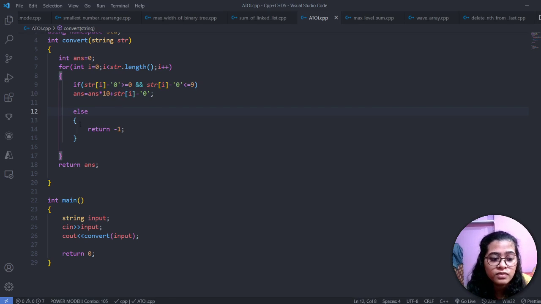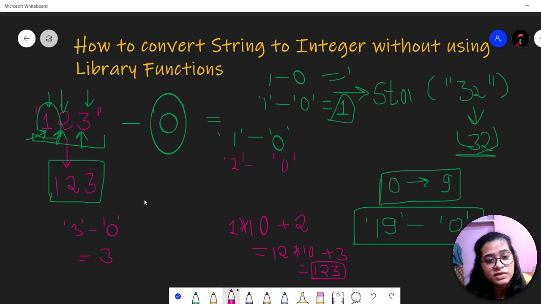And if an alphabet is present, or something else is present, then we have to return minus 1. We are not taking double digits, because the condition is the integer should be between 0 to 9. Suppose the string is given as 1, a and 3.